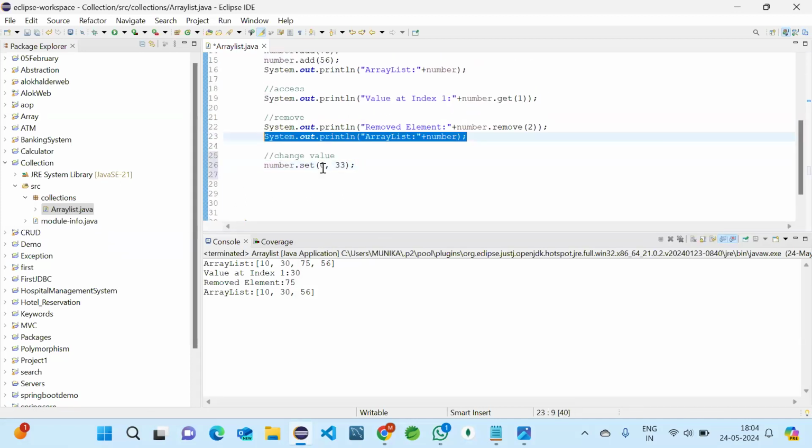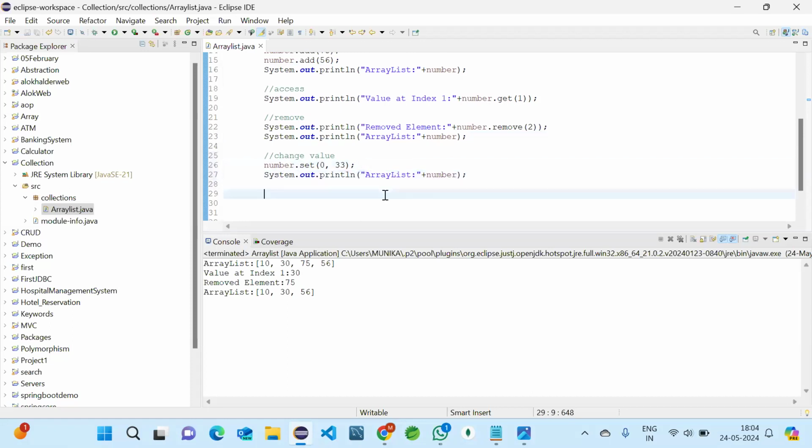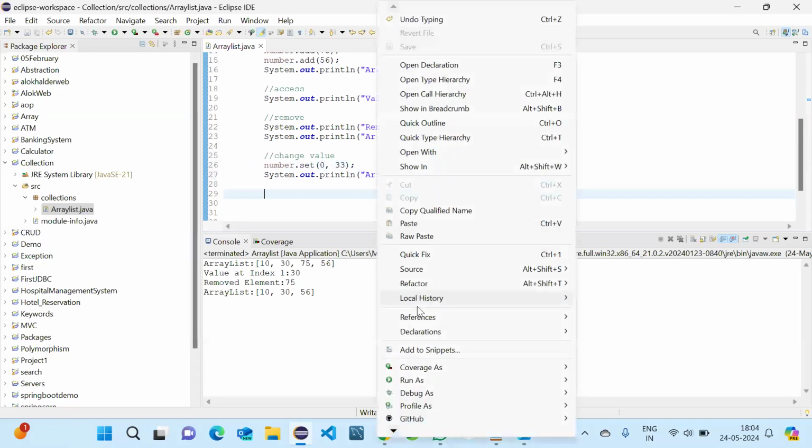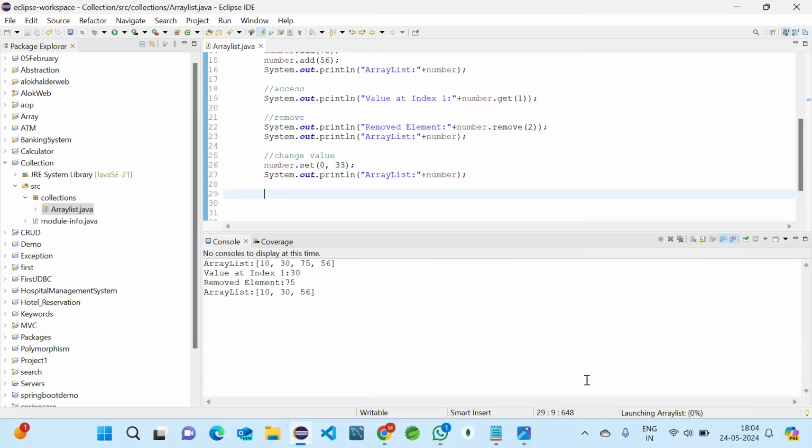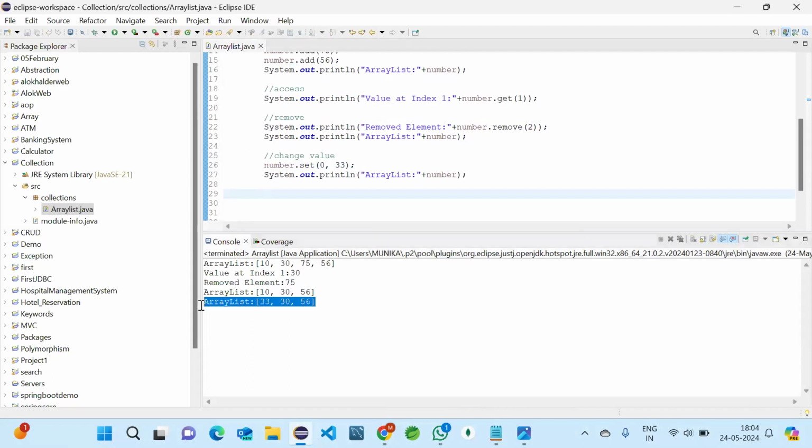See, here is the change. Before changing, the array list is 10, 30 and 56. After changing, it is 33, 30 and 56. So we are successful with all the operations on array list.